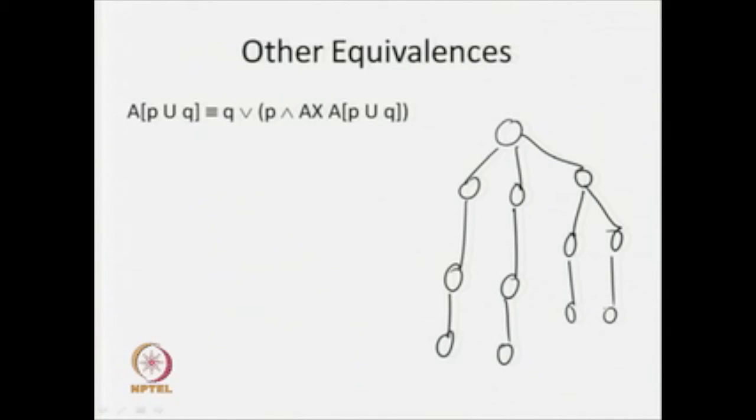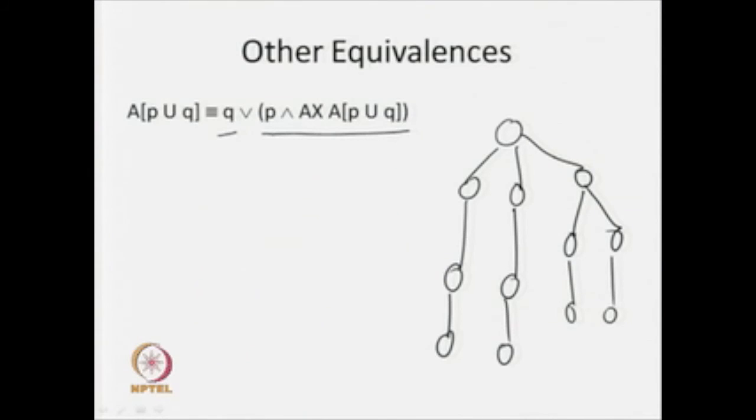So, again, the notion of time: we have seen that when we look into the future behavior, the present scenario is also included. So, future includes the present. That is why we look for A P until Q, where P remains true until Q becomes true. This has two disjuncts, either the first part or the second part. If the first part is true, then A P until Q is true. That means if Q is true right here, then A P until Q is true, and we do not look further.